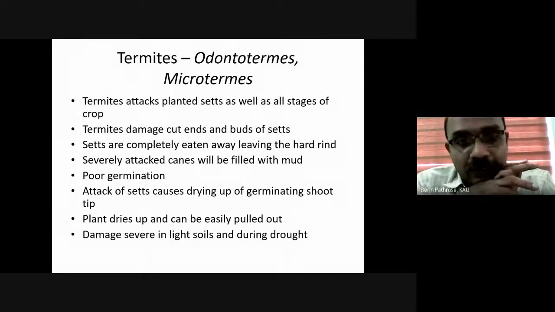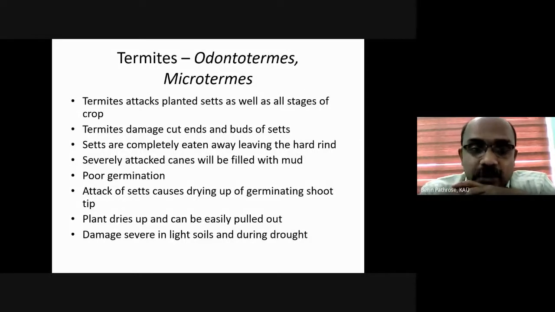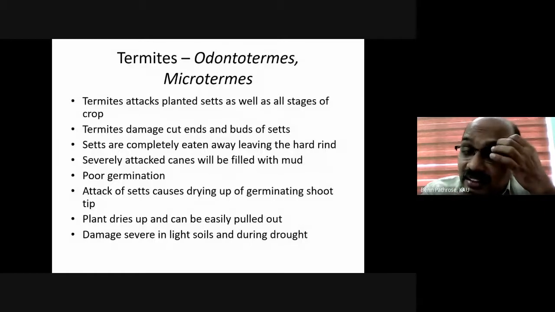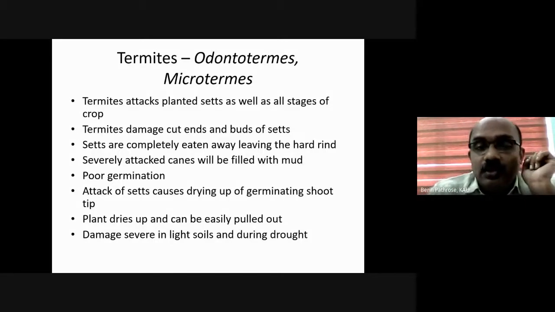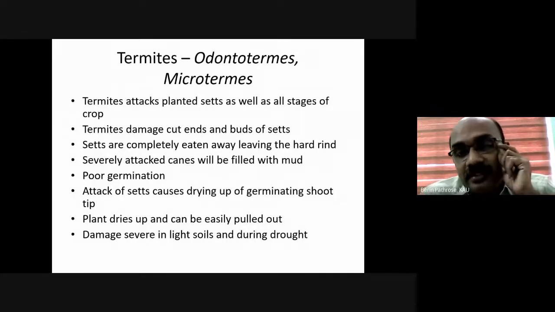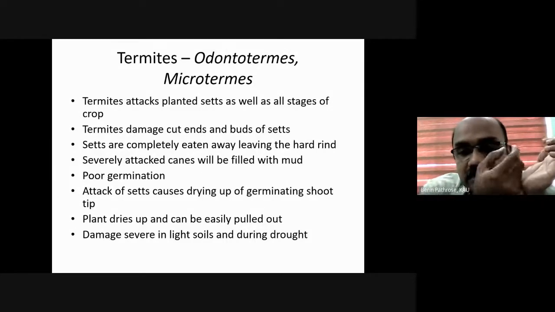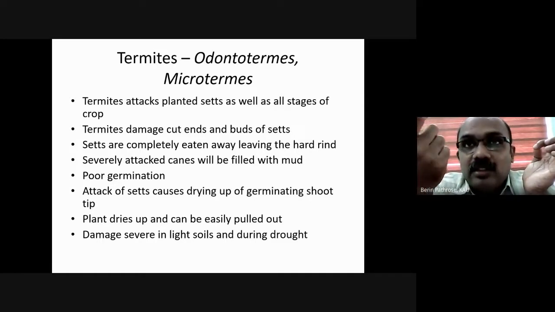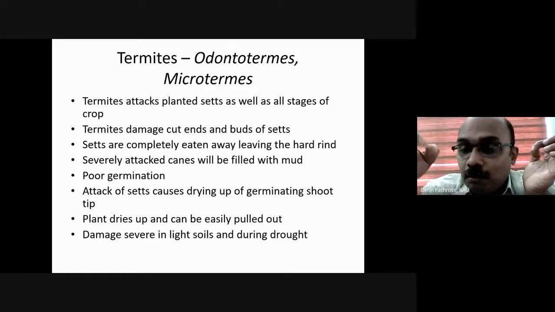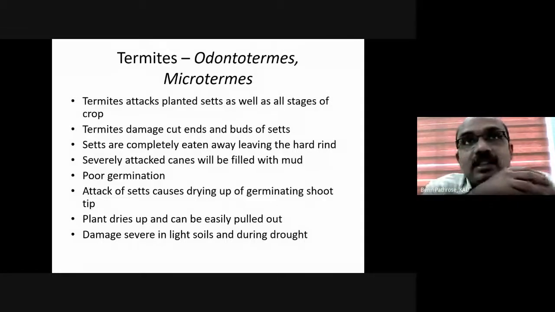So what is the planting material in sugarcane? Can anyone say? You might have studied it in agronomy. Sets. Okay. And nowadays there is a slight change in sugarcane cultivation. Earlier it was completely sets, but nowadays they use single nodes. They chip the buds from the nodes and keep them in pro-trays, and the pro-tray raised seedlings are also transplanted now. Maybe only for 10 years this technology has come out.